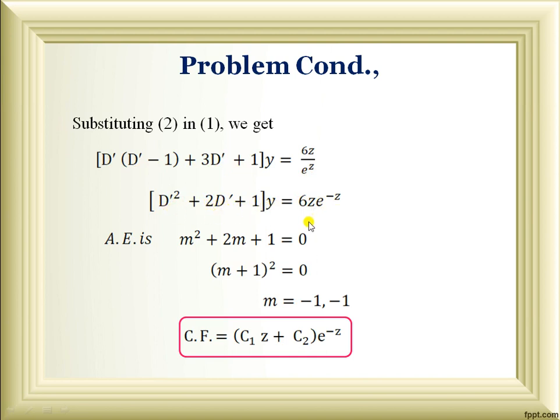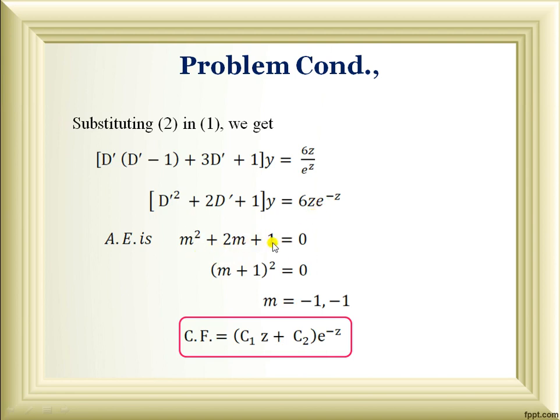Yeah, this looks like the differential equation with constant coefficient category. So therefore, I move on with the normal differential equation with constant coefficient category of problems. Okay, so on the right hand side I am having z into e power z. So while I am finding the particular integral, I am following the fourth type category.